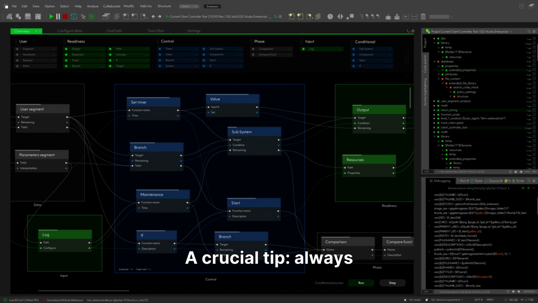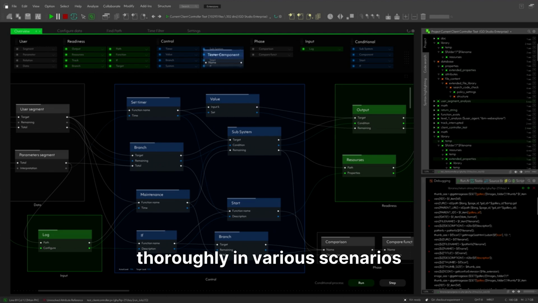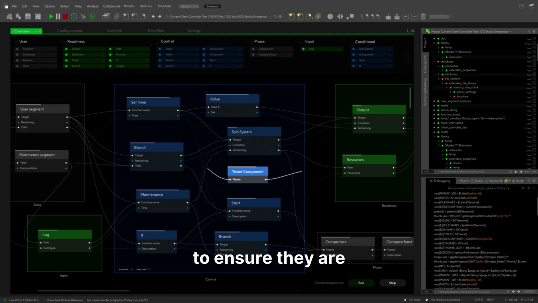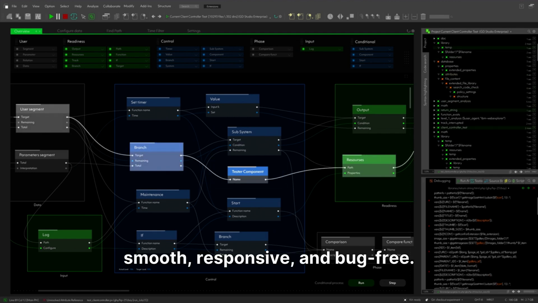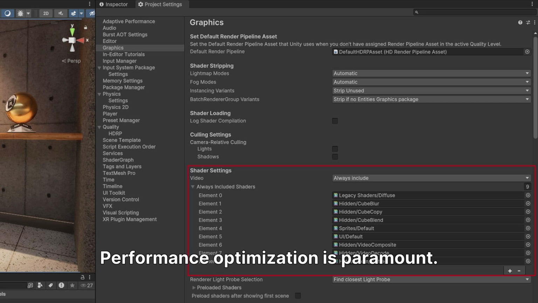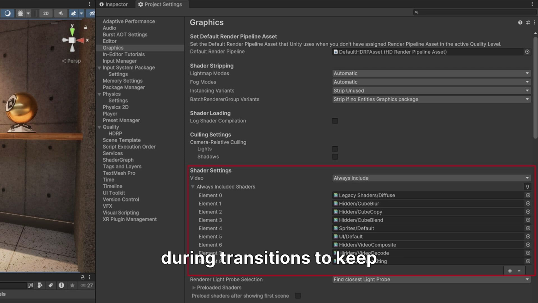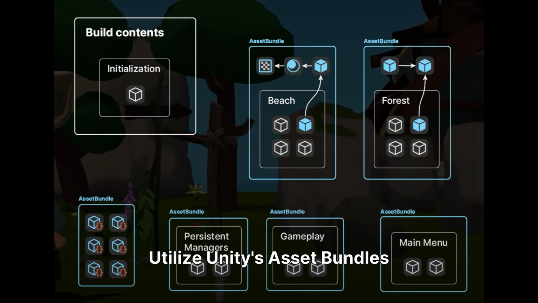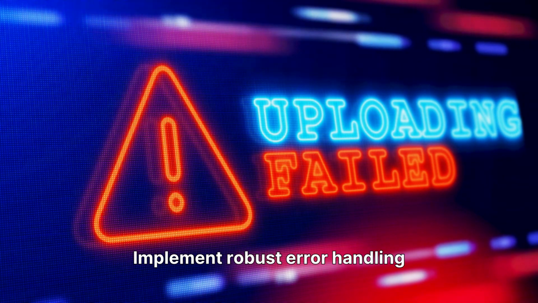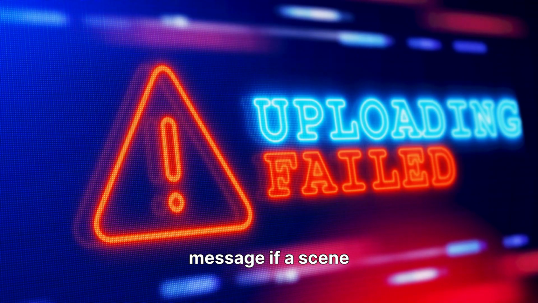A crucial tip: always test your scene transitions thoroughly in various scenarios to ensure they are smooth, responsive, and bug-free. Performance optimization is paramount. Avoid loading unnecessary assets during transitions to keep frame rates high and prevent hitches. Utilize Unity's asset bundles or addressable system for efficient, on-demand asset loading, especially in games with a large number of assets. Implement robust error handling for scene loading, such as displaying a fallback message if a scene fails to load,